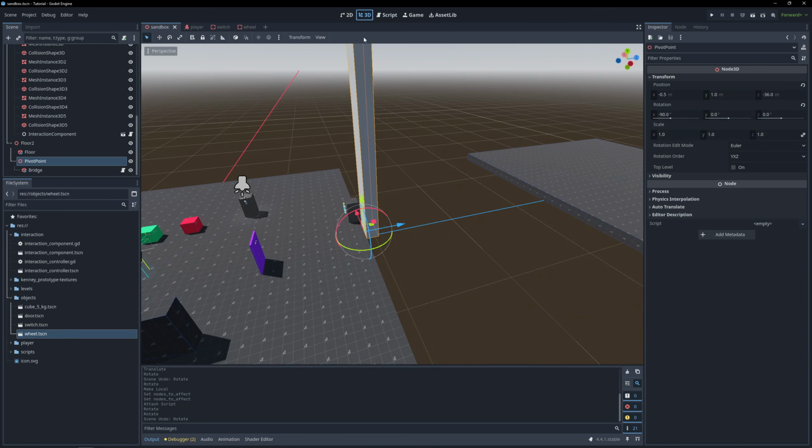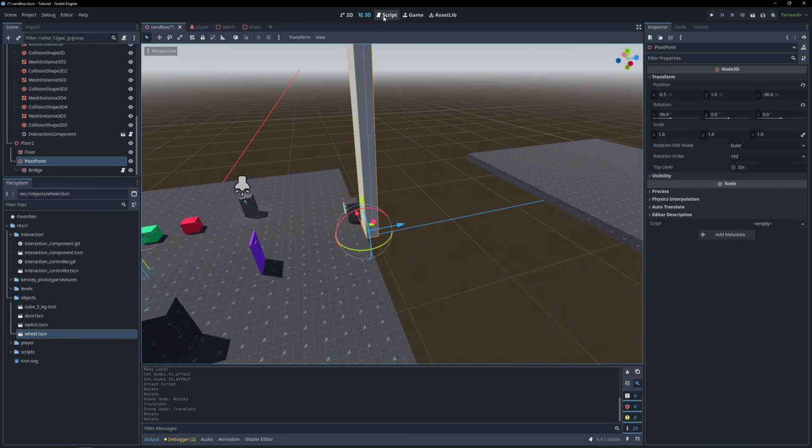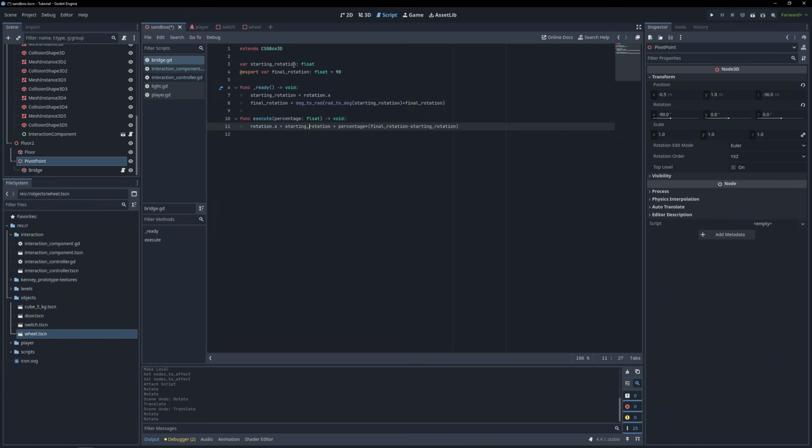So for instance, the starting rotation of our bridge is 90 degrees. Actually, I think it's technically 0 degrees. So the starting rotation is 0 degrees, and when it's down, it's 90 degrees. So if we go back into our script, we would have percentage times 90 minus 0, so 90. And then our starting rotation is 0 plus the percentage times 90,